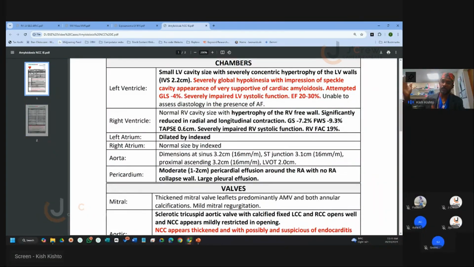30 being normal below. So for me to come to the conclusion that the RV systolic function is severely impaired, I've got all these measurements to back me up: my radial contraction, my longitudinal contraction, my GLS, my TAPSE, my FAC. So I can confidently write in my report that this RV is severely impaired because